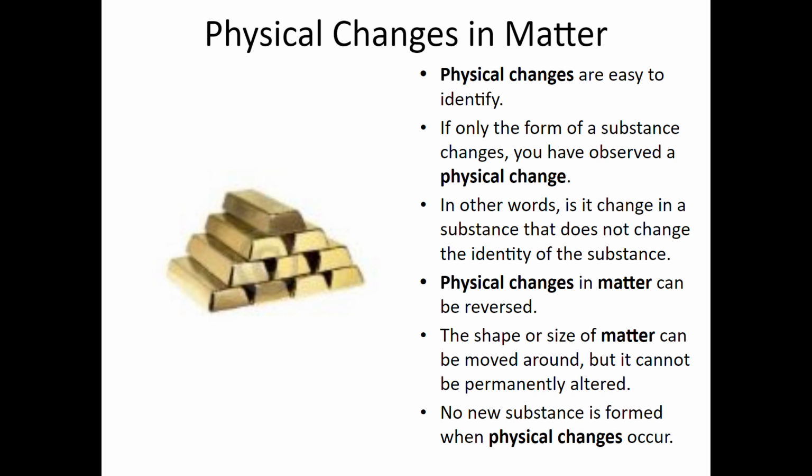So a type of matter has been changed physically when the form of it has changed, or when the state of the matter has changed. For example, look at the picture. Those are gold bricks. Now, when that gold was first found, it looked like a rock in the ground with a gold color. It didn't look like those bricks. What happened was they melted down the gold and formed the gold into those gold bricks.